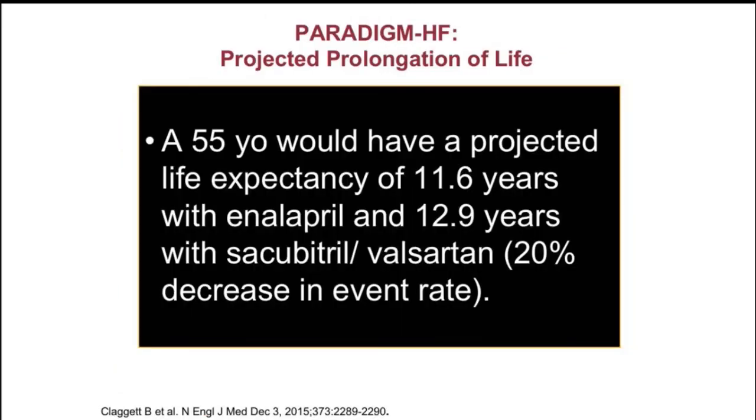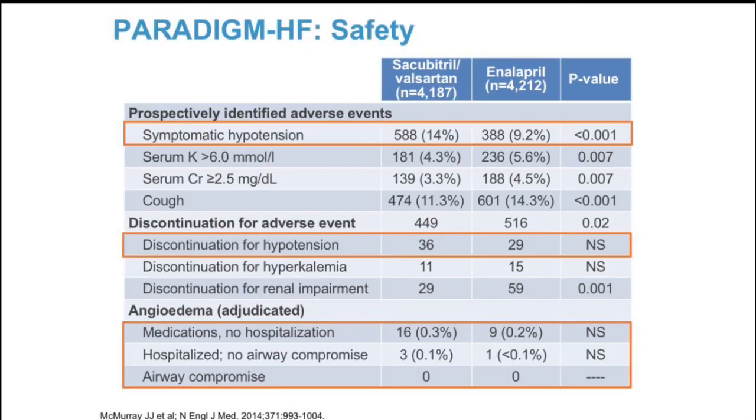What would this accomplish? In this epidemiologic model, a 55-year-old would have a projected life expectancy of an additional 1.3 years if they were on sacubitril/valsartan rather than just continued on their ACE or their ARB. And the reference is there. Next slide. When you look at the results in terms of safety, you had a little more hypotension with sacubitril/valsartan,